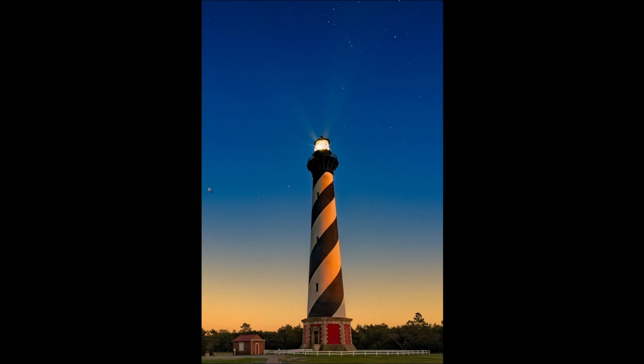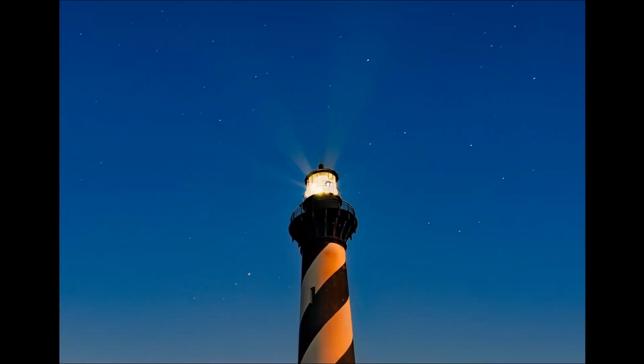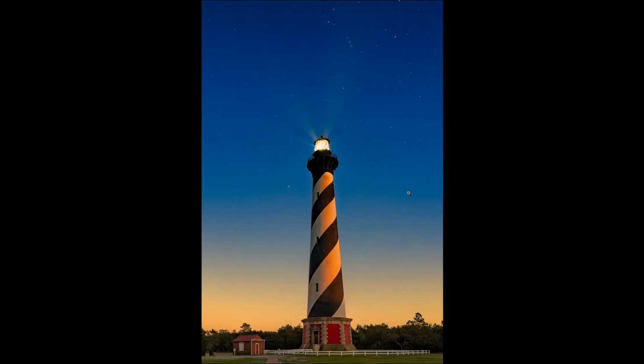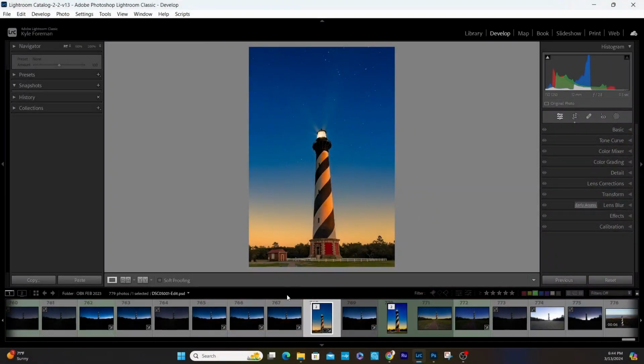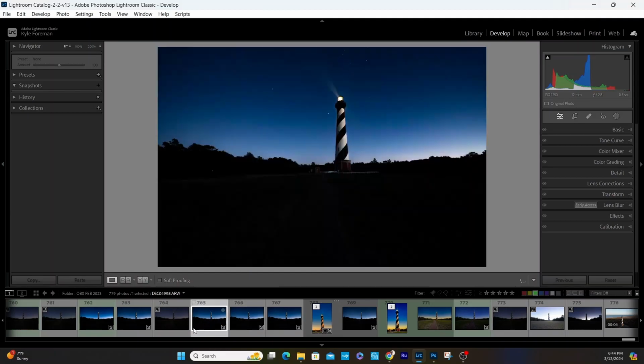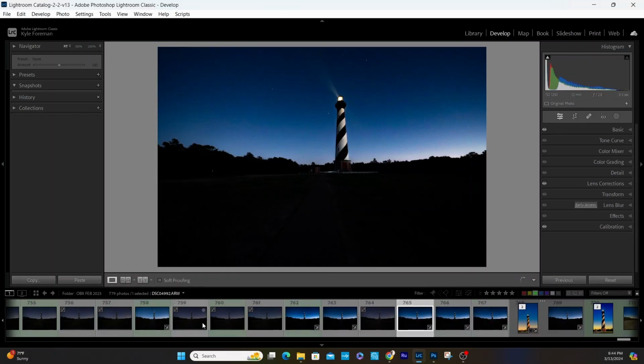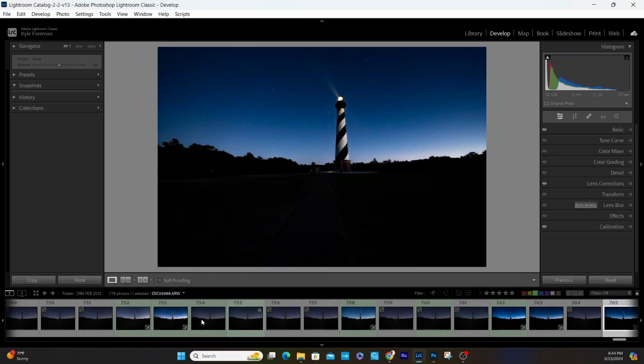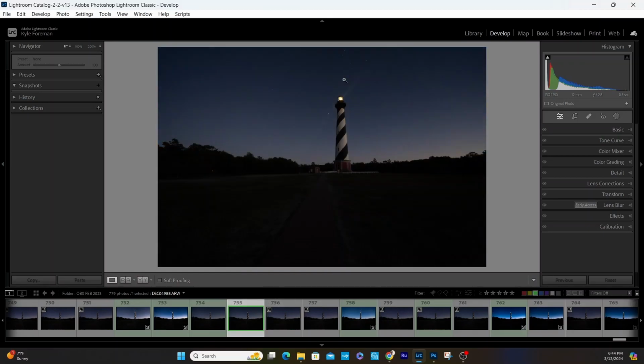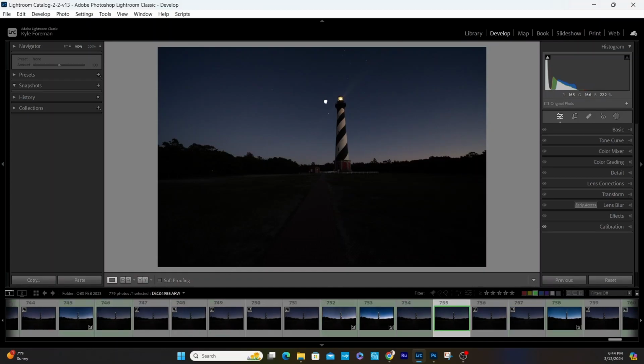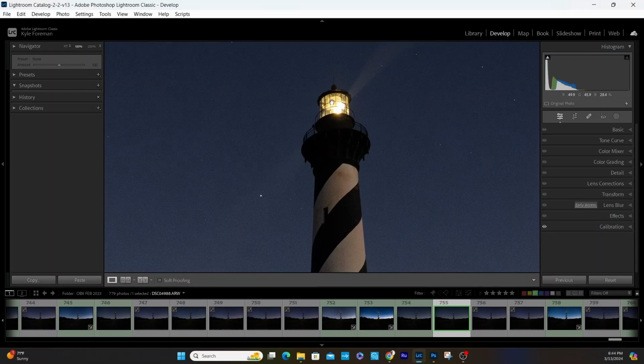And one thing we did forget to do, I said that we would do, is tone down this part of the lighthouse. It is a little blown out. I'm not going to waste your time and go back to do that, but I will explain how I would do it. I would just basically go back into Lightroom. I'd find one of my photos that has a properly exposed, I don't know what you call this, but where the lens and light of the lighthouse is like this. This is exposed nice, so you can see all the detail of the glass. You would open this